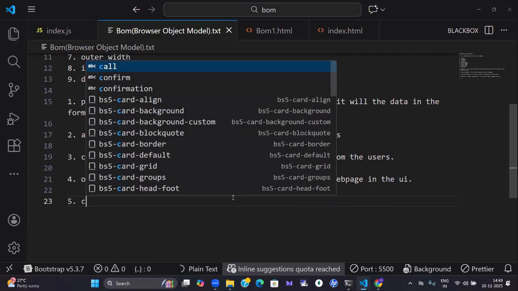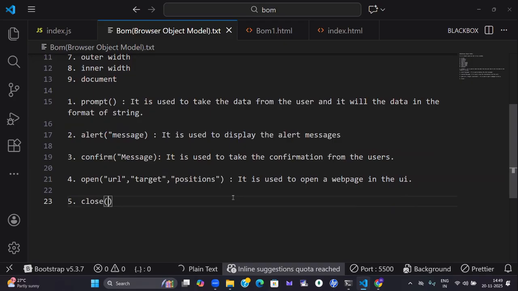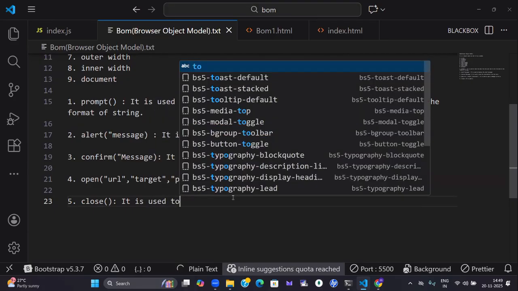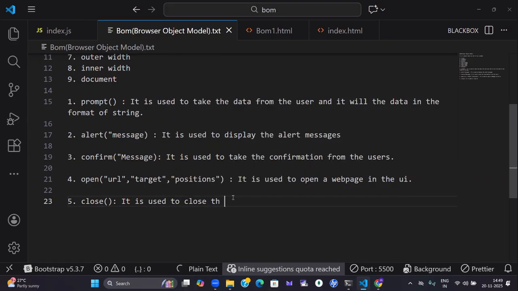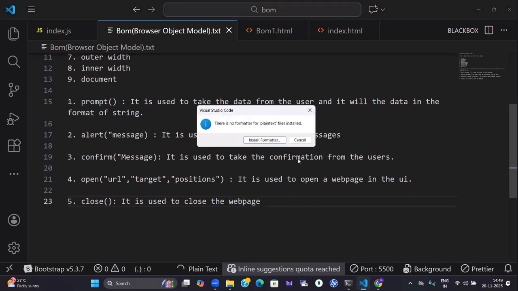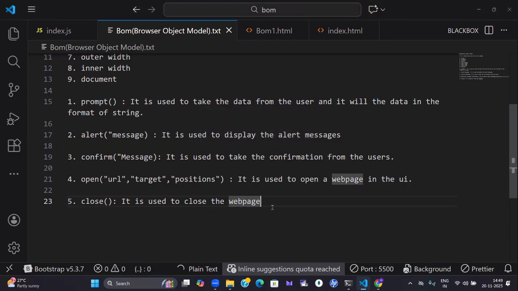Now the fifth one is close. If you are opening that web page, we need to close that one, right? Yes or no? So in that case, we are using this close method. It is used to close the web page. Is it clear, guys, all of you? Now sixth one,